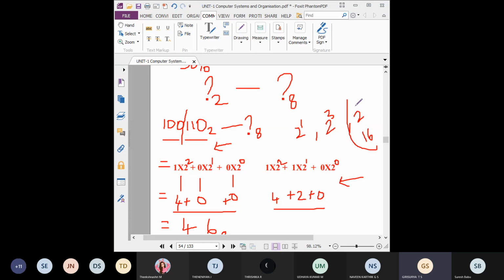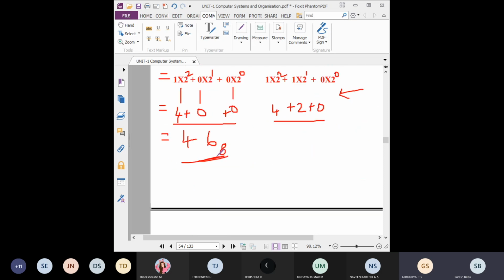2 power 4. So what is the thing we have to do now? We split it as 3 numbers in octal. Now we have to split another 4 numbers in the hexadecimal. For the same question, you have to split 4 numbers.